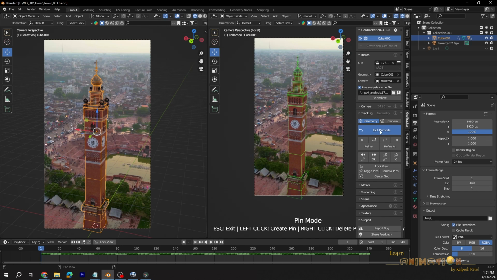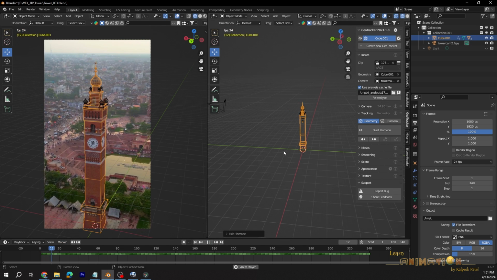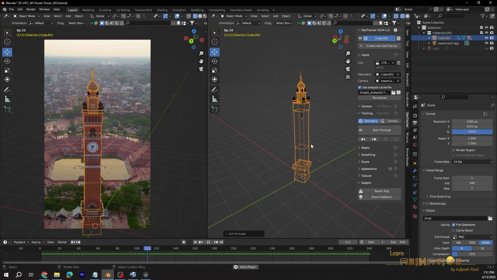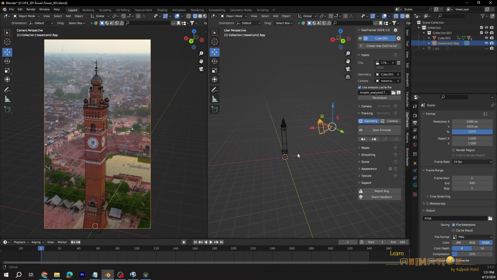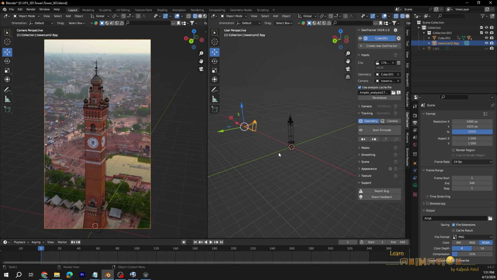Now just exit the pin mode and go to the perspective view and you can check. The geometry is moving but the camera is not moving, right? But in this shot we require the camera to be animated, not the geometry. So you can go into this option, Scene, and you will find Geometry to Camera.